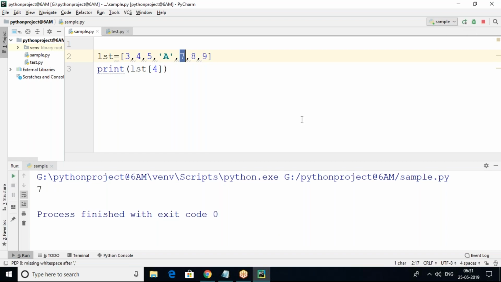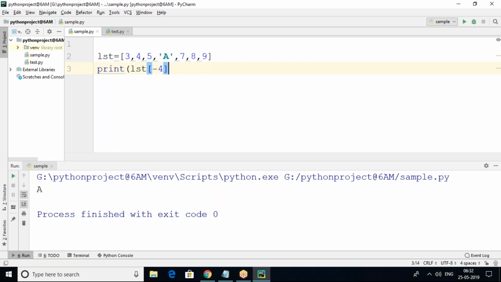Yes, 7 is going to be printed. Suppose -4 I'm giving. Negative index is possible? Yes, it is possible. Let's start: -1, -2, -3, -4. That means A. This is called list index.